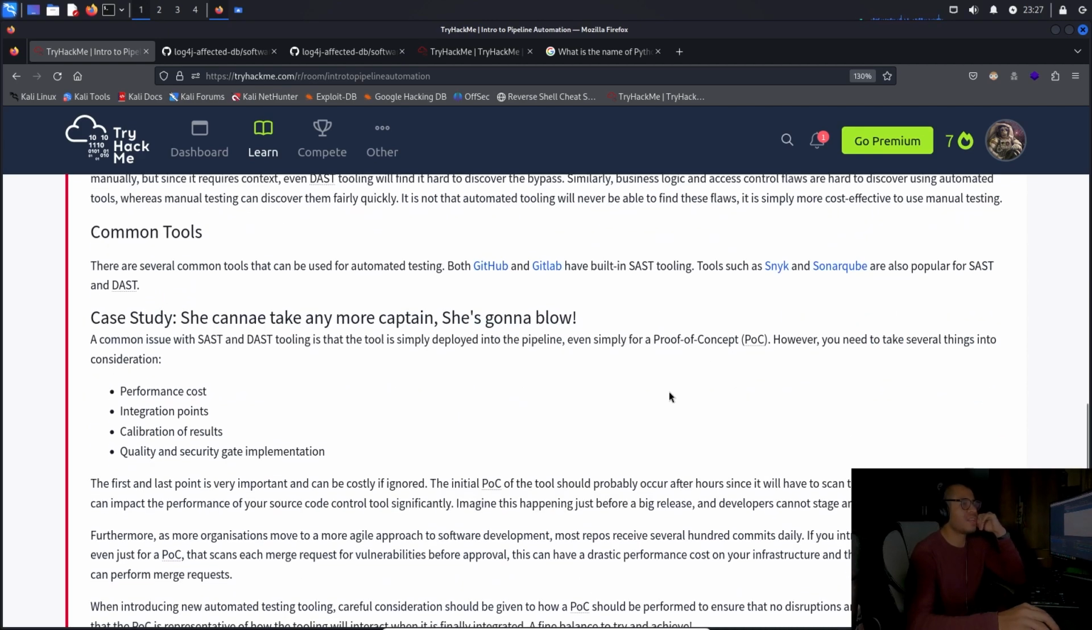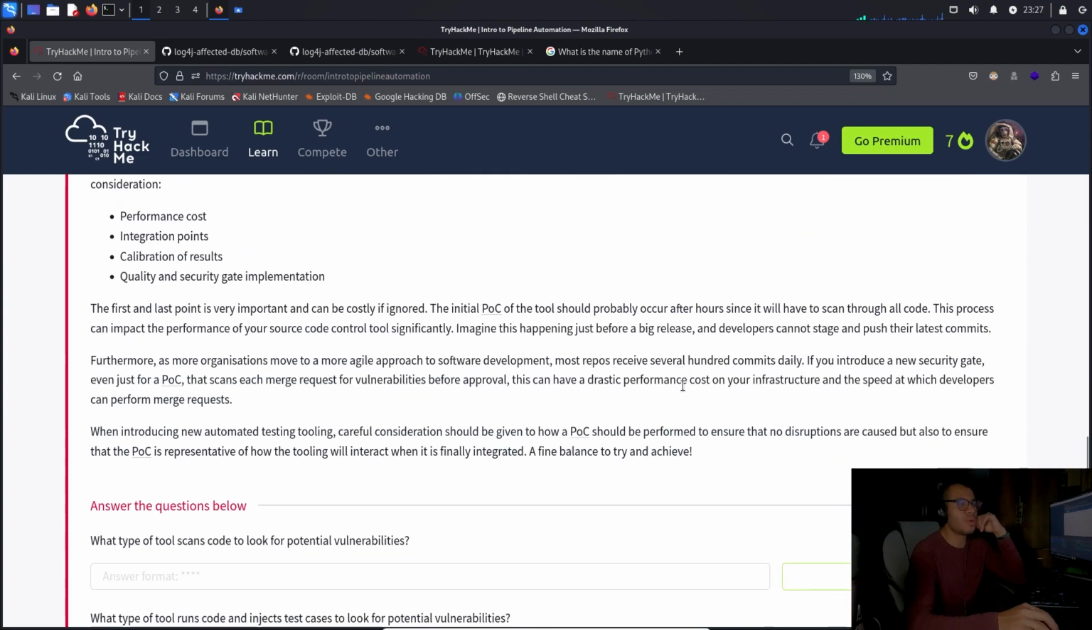Case study. She can't take any more, Captain. She's gonna blow. A common issue with SAST and DAST tooling is that the tool is simply deployed into the